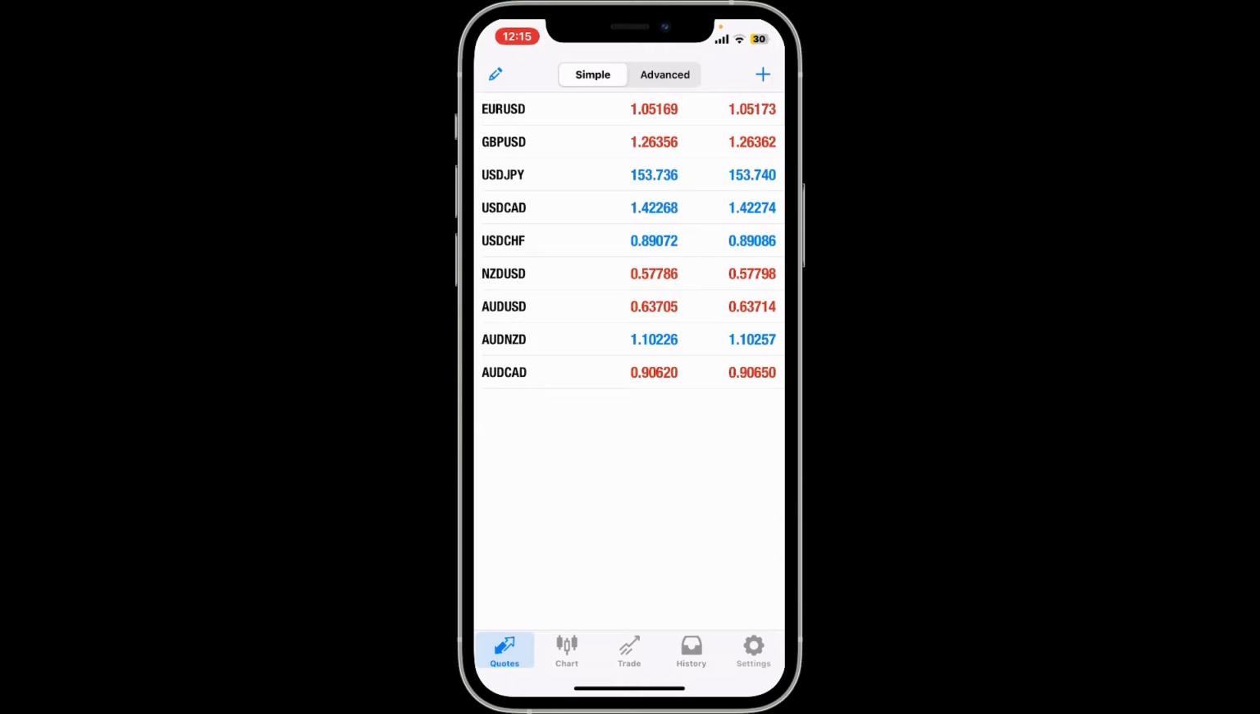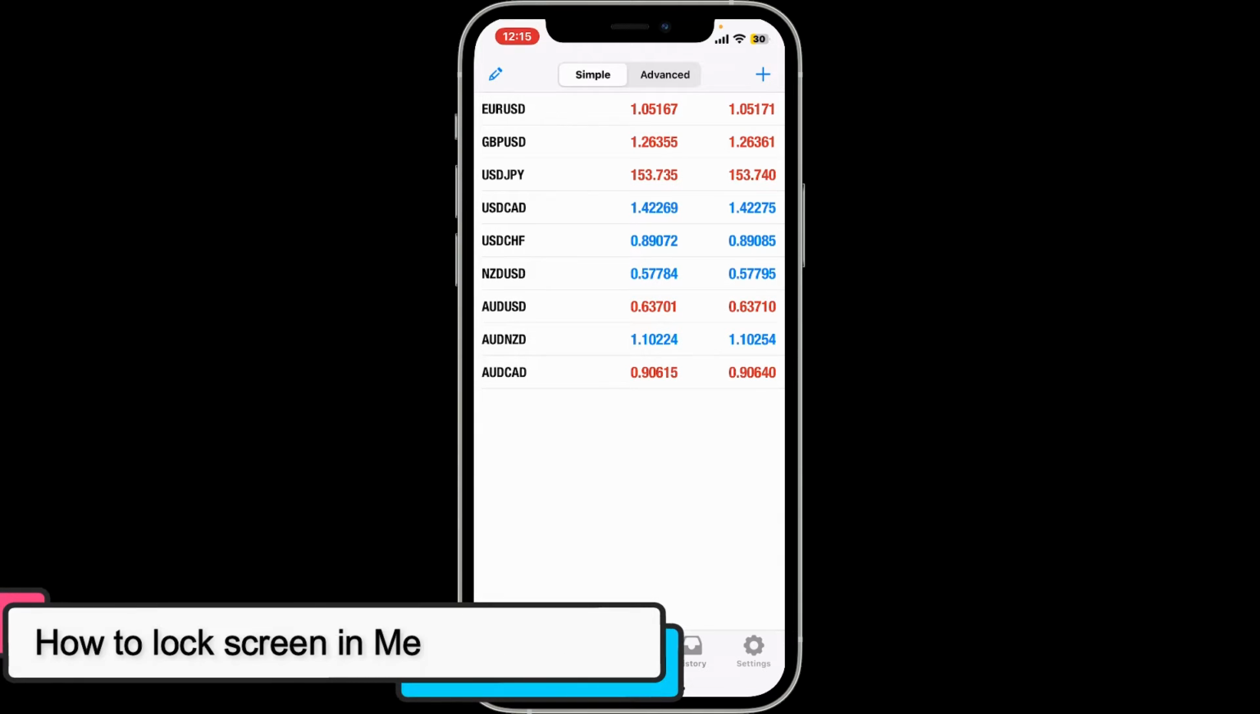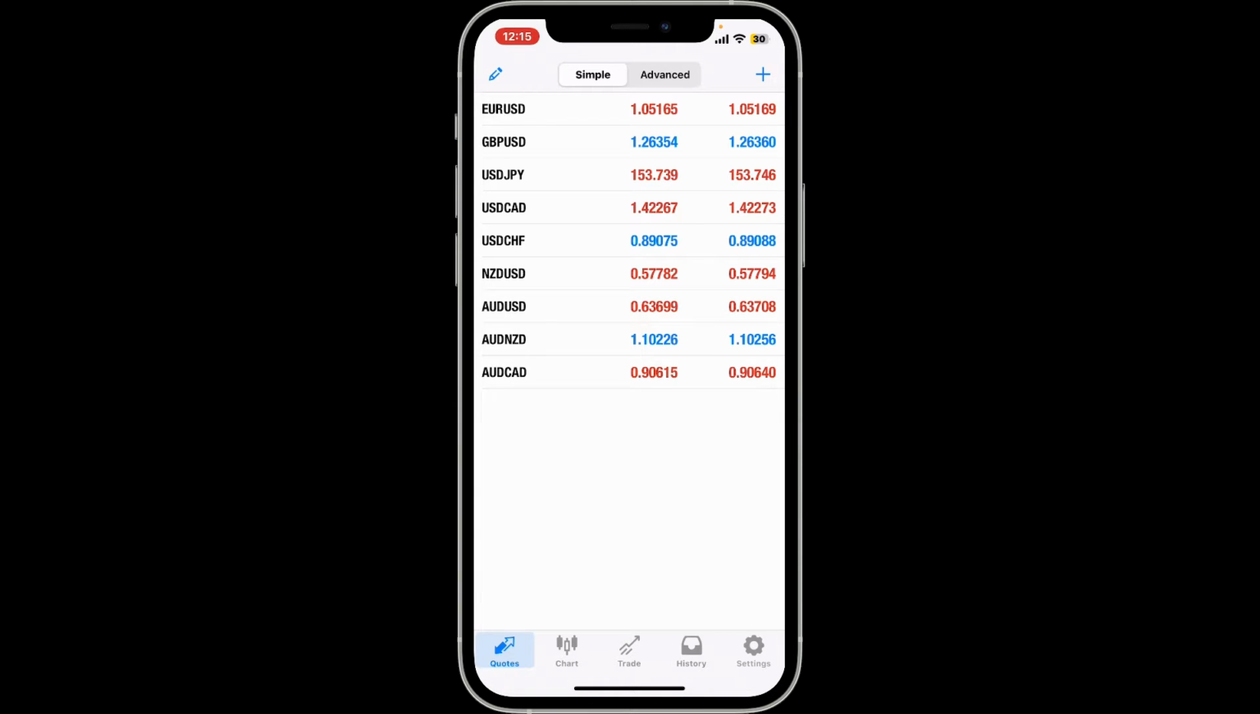In this episode, we will be learning how to lock screen in Metatrader 4. To lock your screen in Metatrader 4, first of all, open your Metatrader 4 application on your mobile device. Once you open up the Metatrader 4 app, go ahead and tap on the settings button at the bottom right